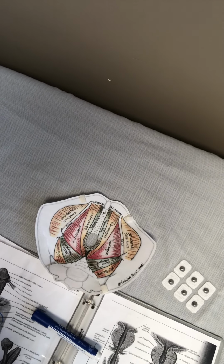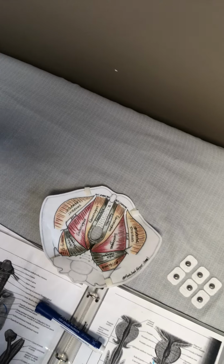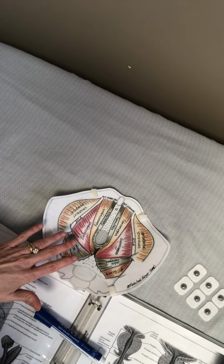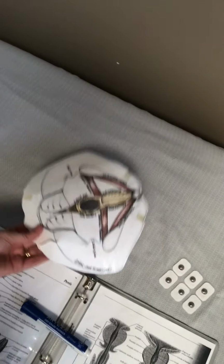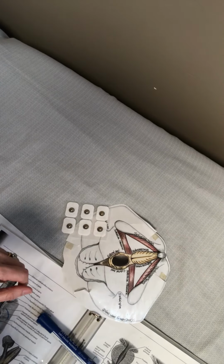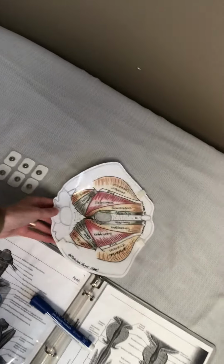So if you are having more difficulty with, say, pelvic floor muscle endurance that's affecting your ability to maintain an erection, we can assess these muscles by either doing a rectal assessment to make sure that you're doing the Kegel correctly, and then something that's called biofeedback, where we can put these little sticky pads on either side of the rectal opening and have you hooked up to a computer for us to be able to visualize the activity of your muscles. So once we know what your muscles are capable of doing, then we can start creating an exercise